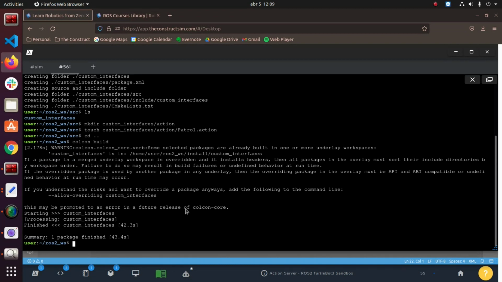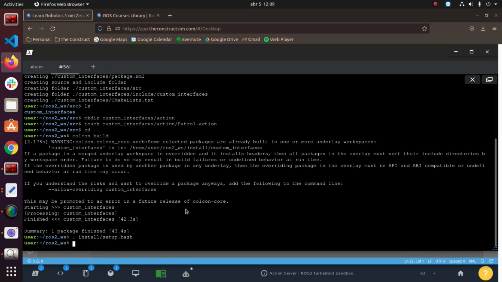Okay, looks like it finished. Next, we're just going to source. You can type in source or a dot for that, and it's install setup bash to source our workspace. And we can actually check by typing ros2 interface show, and if you press tab,